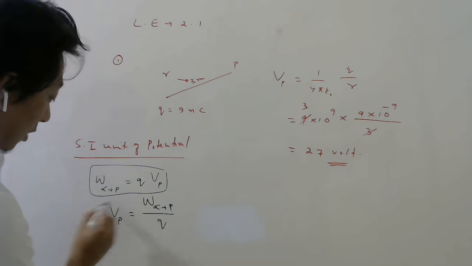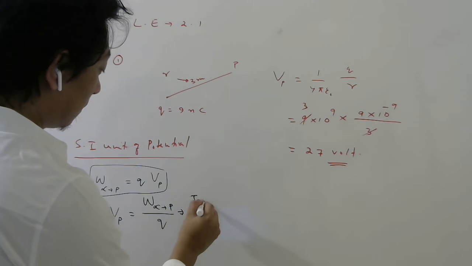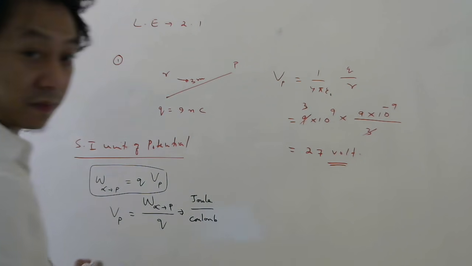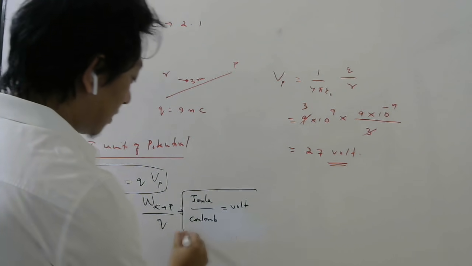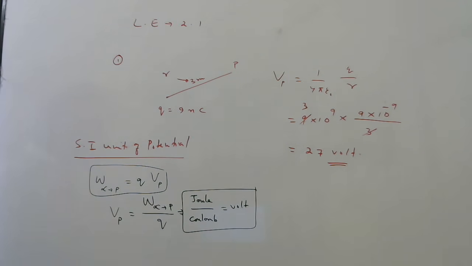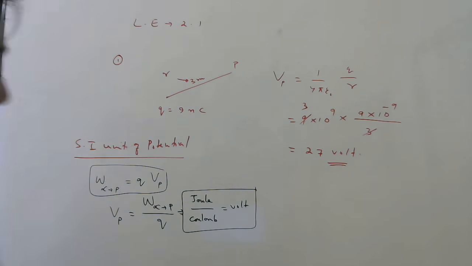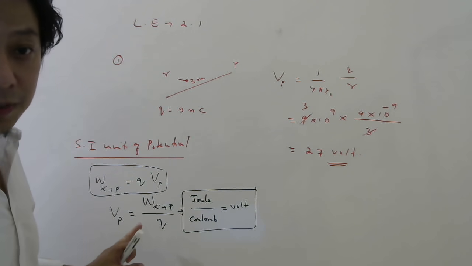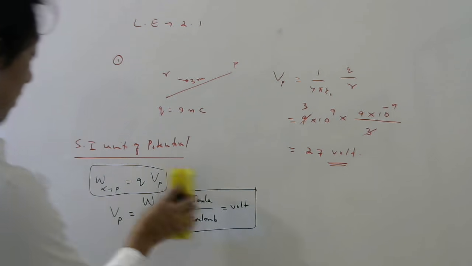So potential unit will be what? Work divided by charge. So it will be joules per coulomb. So that is the SI unit. And this we write as volt, based on the scientist Volta, who did lot of important work in discovering batteries. Units always come from the definition or the formula that is coming from the definition. So please remember the unit.